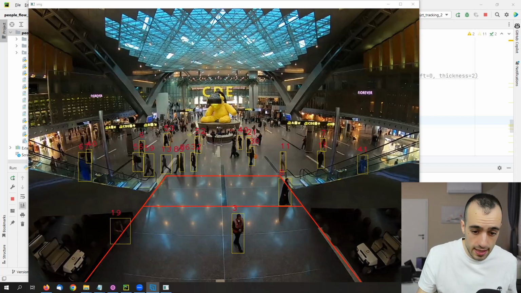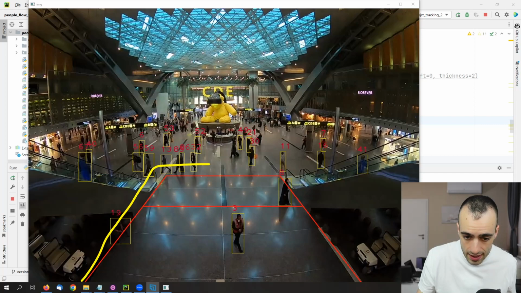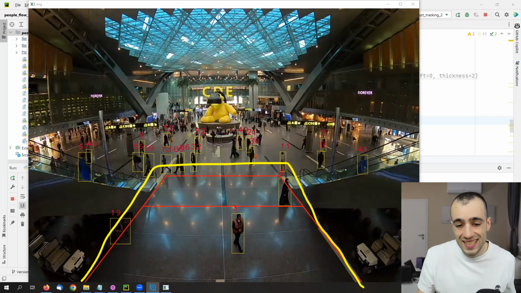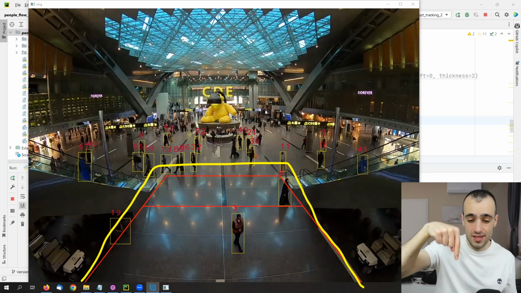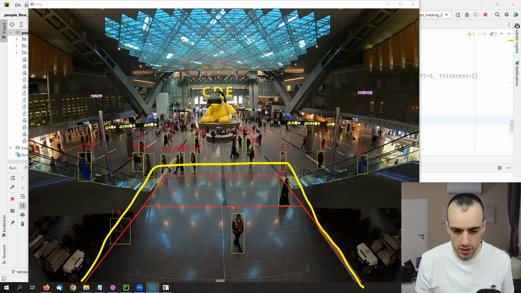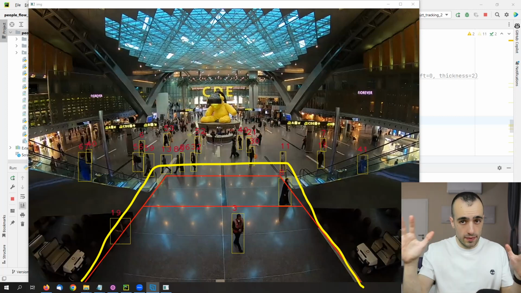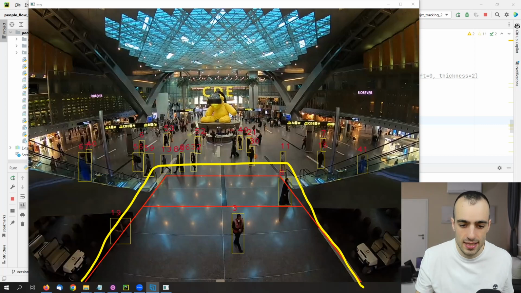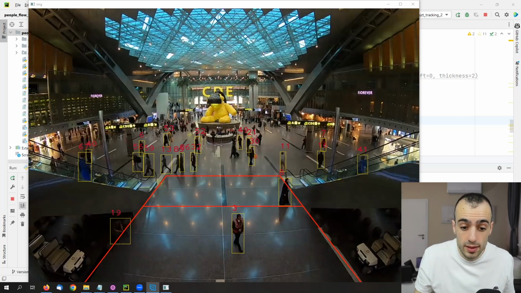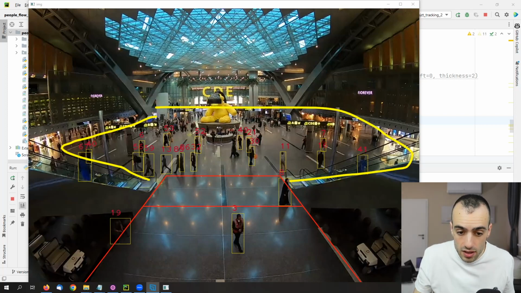Let's say an example. This is the area that I have. We will only detect people that are inside this area. Why do we need a region of interest? That's very simple, because when we take a very big region with such a huge area, there are parts where we of course cannot do the tracking. All the part that is outside of this region, very far, there are hundreds of people which are so small that we can't